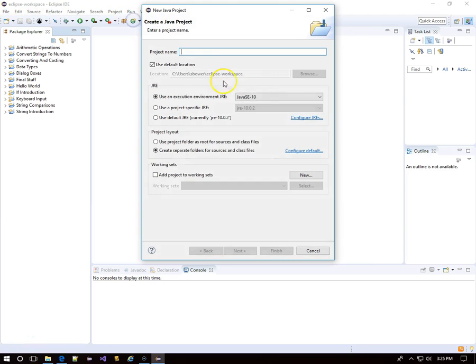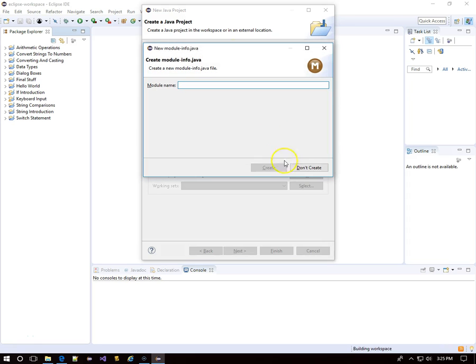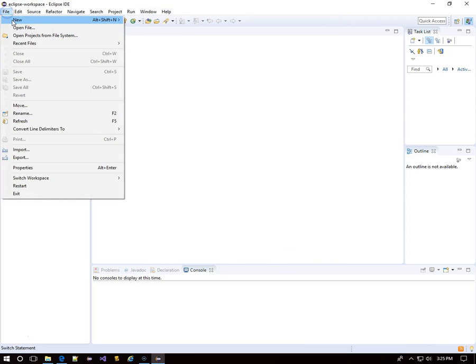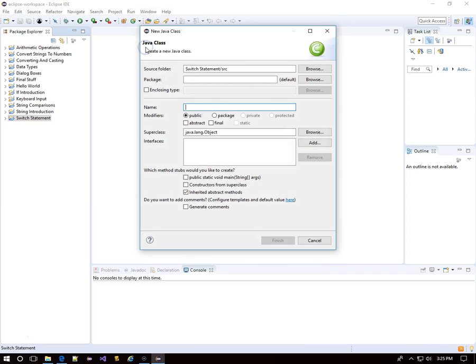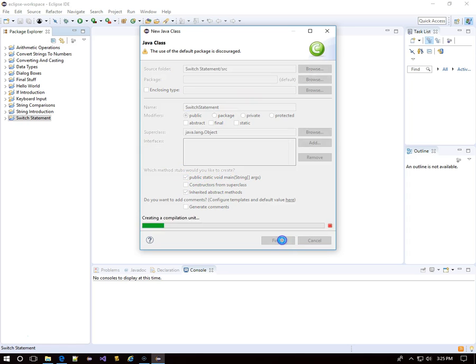In this program, we're going to take a look at switch statements. So that's what I'll call the project, switch statement. And I'll create a Java class. I'm in the correct source folder. And I'll call the class switch statement. I'll take the free public static void main string args,